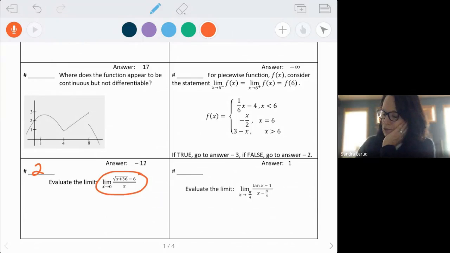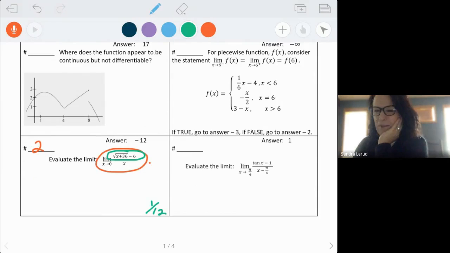Or you can do what we did in chapter 1 with this kind, multiplying the top and the bottom by the conjugate of the root factor, which happens to be on the top here. So that would be root x plus 36 plus 6. All right, and then again, factor, cancel, replug the 0 in. Regardless, it's going to lead you to the answer of 1/12. And again, I'm leaving the work off on the majority of these. Some of them I'm going to work all the way through. But so let's go find 1/12,